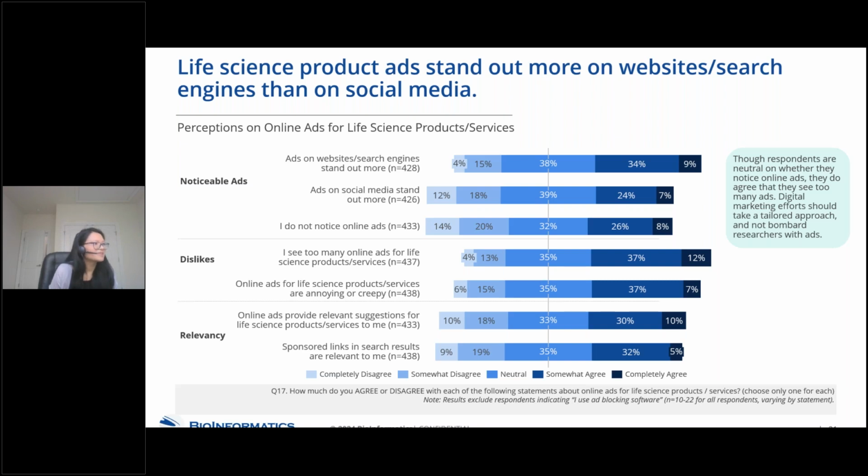In terms of dislikes, many respondents agree that they see too many ads for life science products and services. And then many of them also indicate that they find them slightly annoying or creepy.